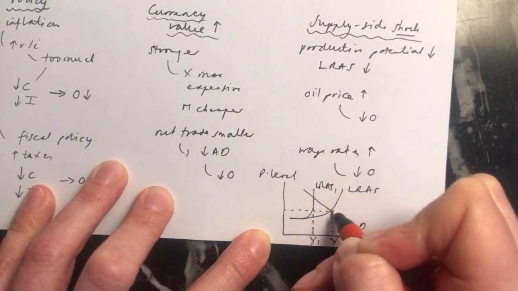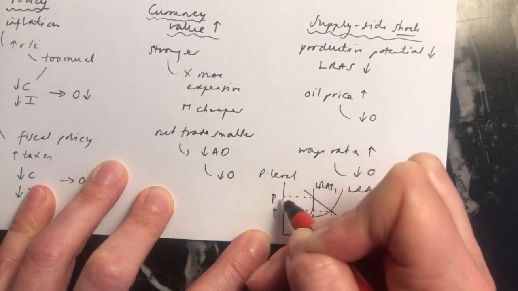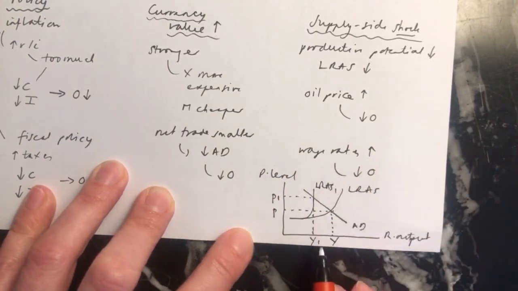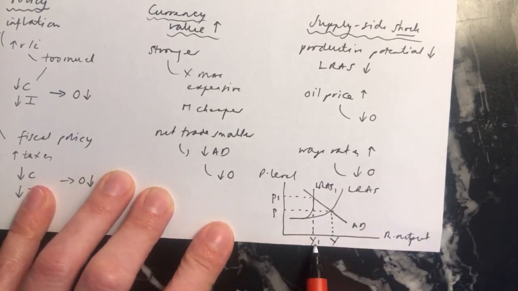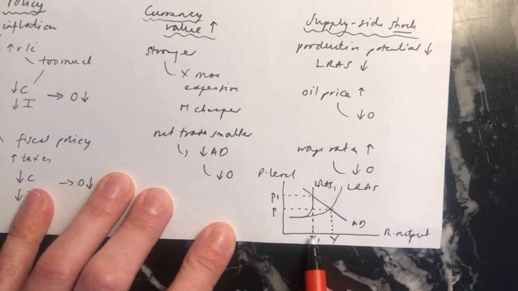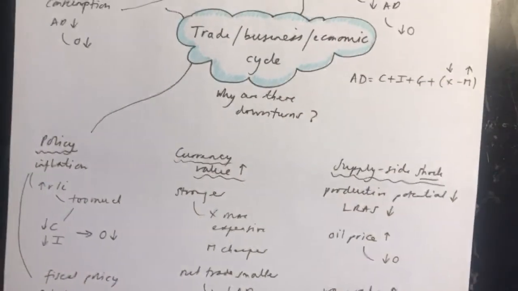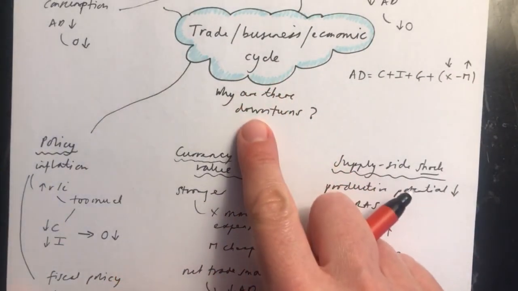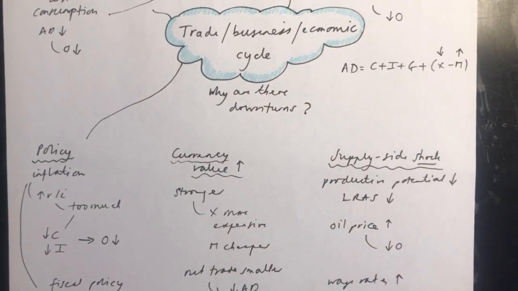That's not what this is about, but there's actually cost push inflation as well. A bad situation. That's stagflation, because you have an increase in the price level and you've got more unemployment. But that's for another video. But you can see that your real output has fallen because of the supply side shock. And this is all about why you might have a downturn in your economic cycle. So why might your real output fall?